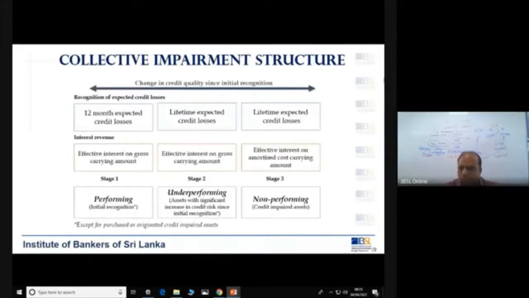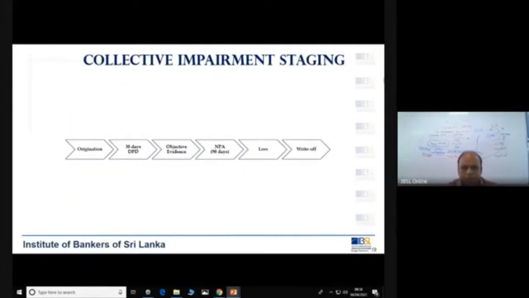Okay. That is all about individual impairment. When we do the questions, you will understand what it is. Now we come to the point of collective impairment, where we may not be able to go into detail because this is a vast topic, but I don't expect the examiner to test this in depth, because it varies from one bank to the other, so it's very complicated. So what we need to know is this.